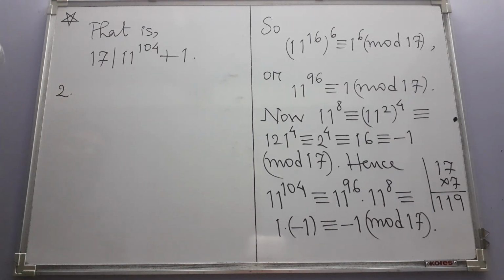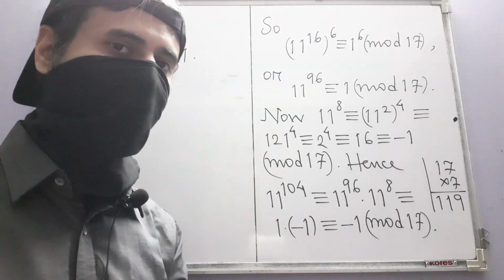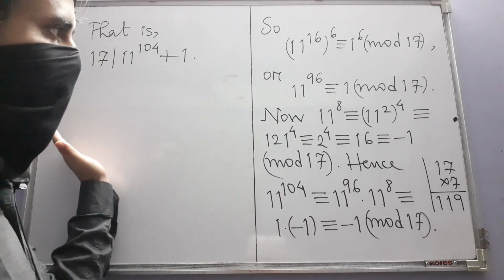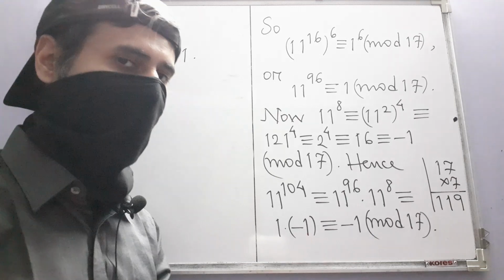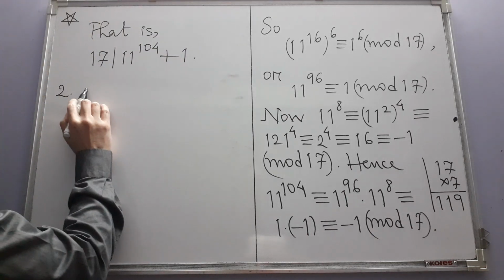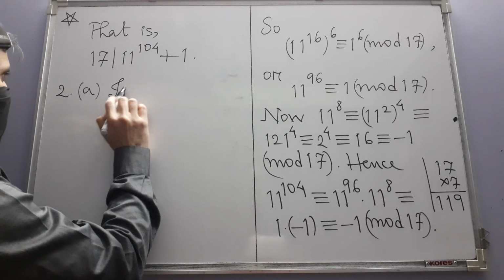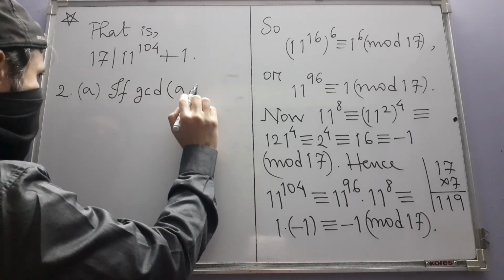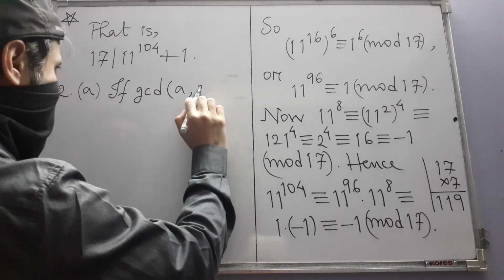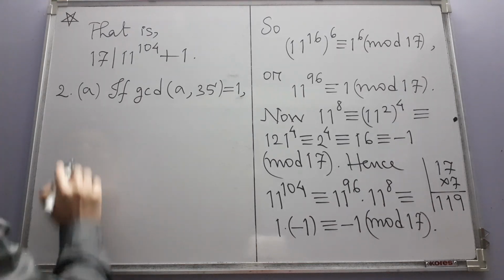Next, number 2. In 2 there are 3 parts, A, B and C. So instead of taking down the entire question at once, what I will do, I will first take down part A, solve it, and then I will take down part B, solve it. Like that we will go. So let's see part A first. If a is some integer, GCD of a and 35 is 1, show that